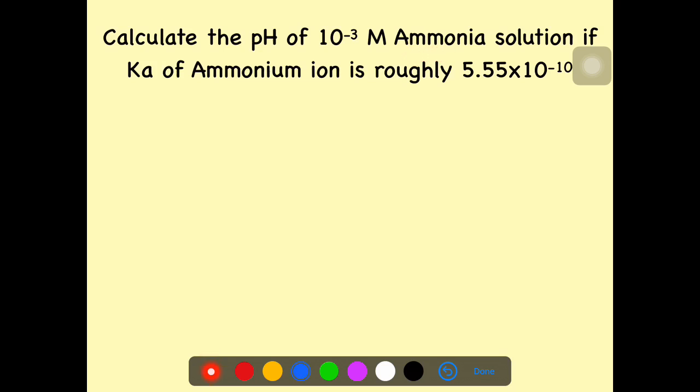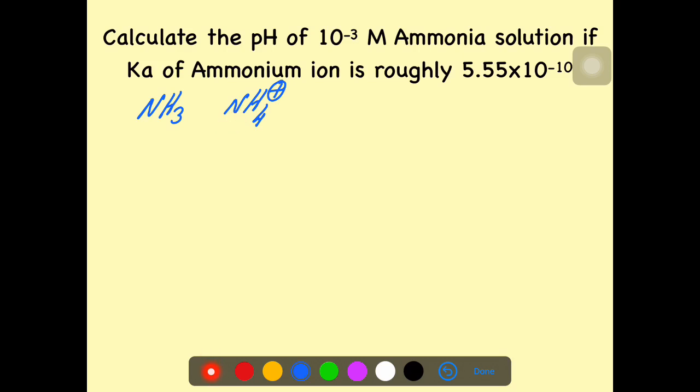Now ammonia, as we all know, is a base, as it is a substance which can accept an H plus ion to form ammonium ion. So ammonium ion is regarded as a conjugate acid of ammonia. Ammonium ion is an acid as it can donate an H plus ion, and it's a conjugate acid of ammonia, or vice versa, we can say ammonium ion is an acid whereas ammonia is a conjugate base of ammonium ion.